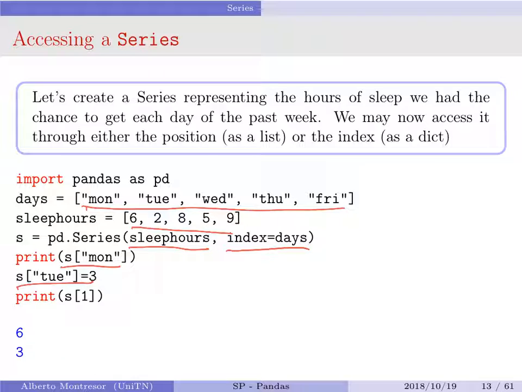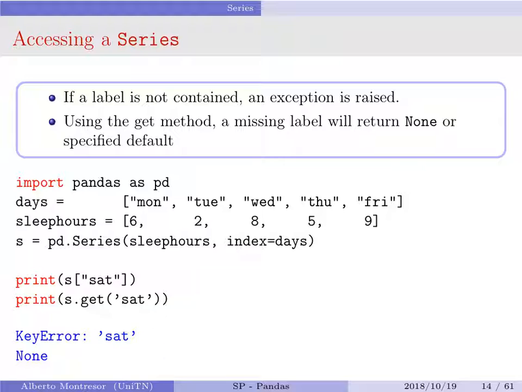And they still behave like a sequence, like a list. So you can also get the value which is in position 1, which could be useful in some cases to distinguish between the labels and the position. Okay, so here, if you don't specify a label, you are actually getting the position. So here the number 3 is because we have changed 2 to 3, and so we are getting Tuesday anyway. So it's the second day because we are starting from 0.